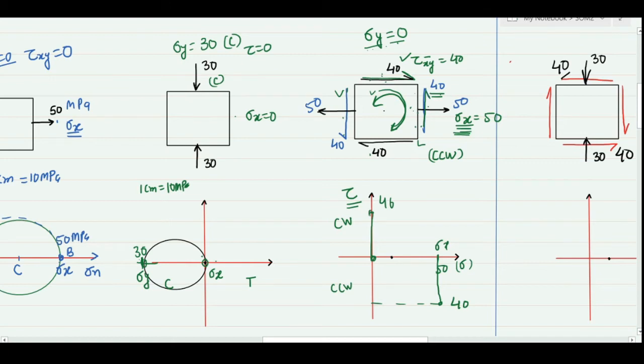So now I have 2 points, let's say point A and point B, and these 2 points are going to be considered as the diameter of the Mohr circle. So I am going to join these 2 points, keeping this line as the diameter, and the intersection of this line with the horizontal axis will be the center of the Mohr circle. So I will create a circle considering AB as the diameter, and that will be my Mohr circle.